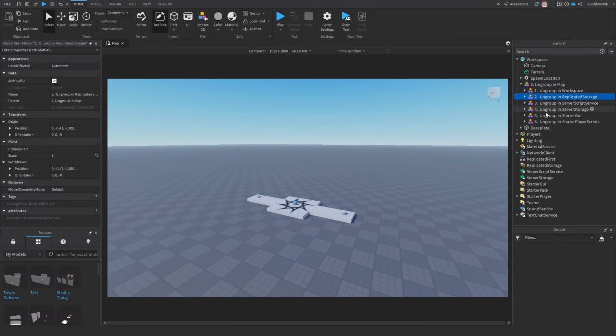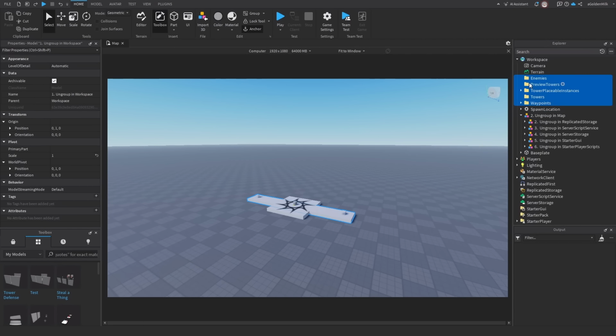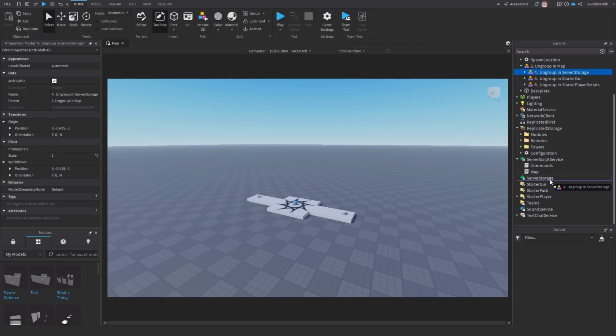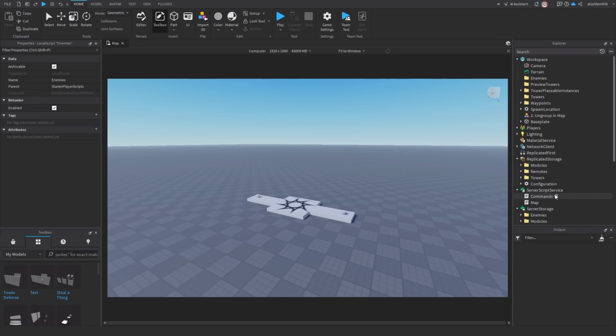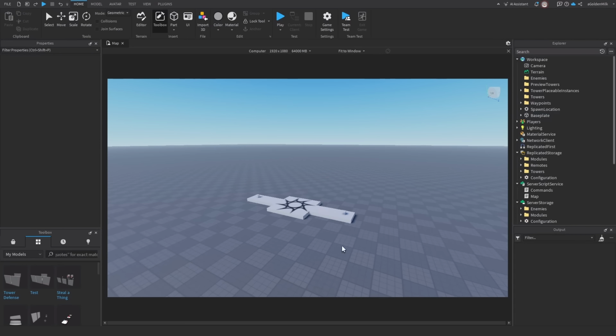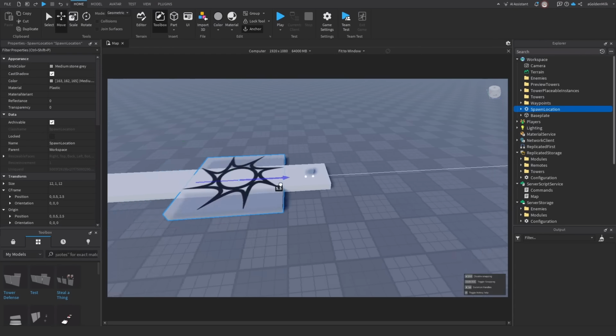Now, starting through these again, we're going to drag and drop them in the correct category, and then right click, ungroup, or Control U or Command U. Replicated Storage, Server Script Service, Server Storage, Starter GUI, Starter Player Scripts. Now make sure you bring this into Starter Player Scripts, not Character Scripts or anything else. Then delete this. Okay, so to start setting up a game, I would just recommend you move this waypoint back a little bit,